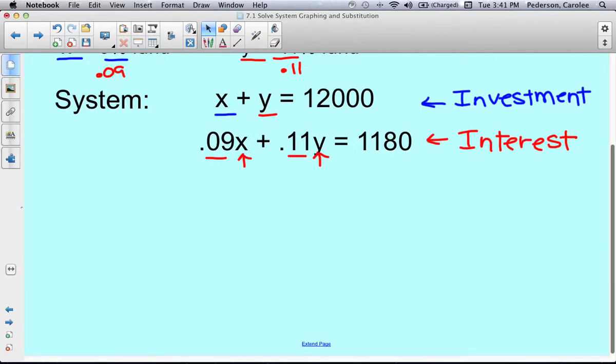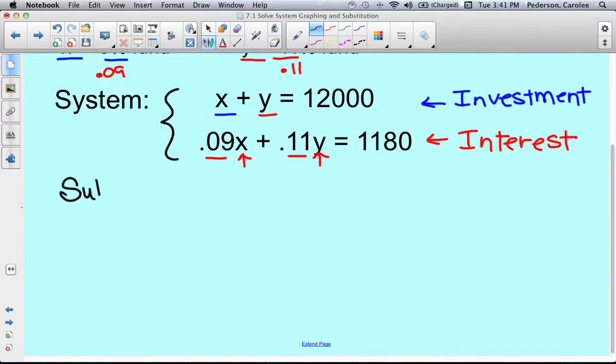We've learned how to solve this system. One way is graphing it. You could graph these two equations and find their point of intersection, and that would be how much is invested for x or y. Or we could use the substitution method. More students, I would say, prefer the substitution method. So to solve this using the substitution method,